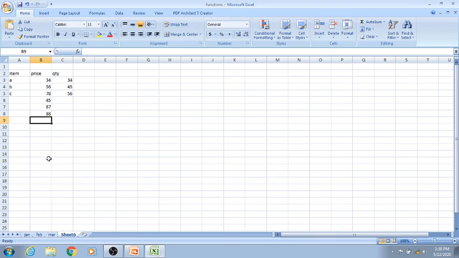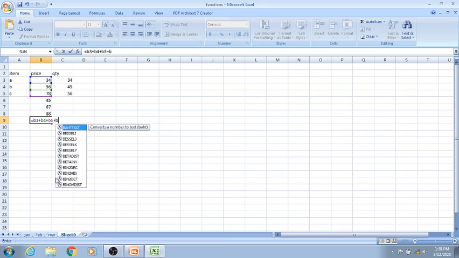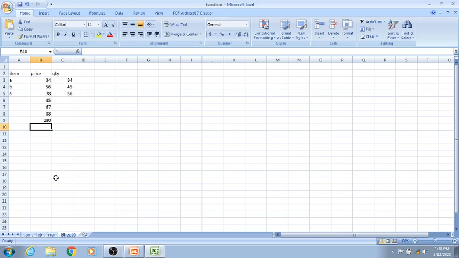You will use the equal to sign. Then you have the option to write B3 plus B4 plus B5 like this, plus B6 plus B7, and say enter. See, this is the sum. The formula is written here.